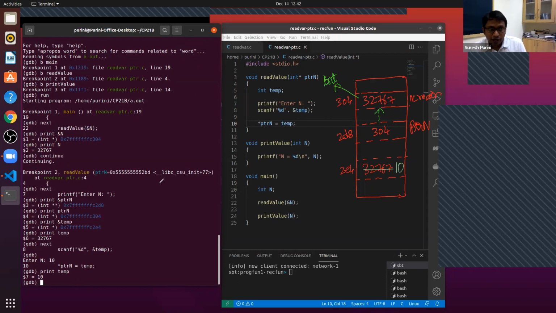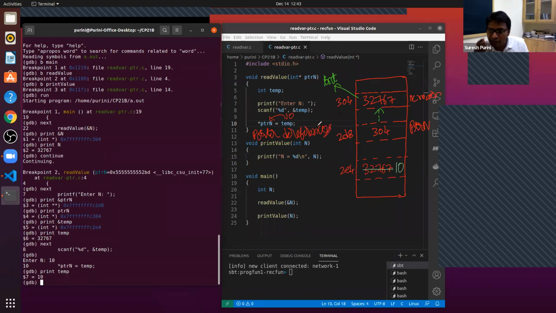When you look at star ptrn here, this is important: star ptrn equal to temp. What it means is ptrn contains an address. That address is 304. Go to that address and, in that address, write whatever value is present here. So 10 is present in temp. When we apply star ptrn, this is what is called pointer dereferencing.